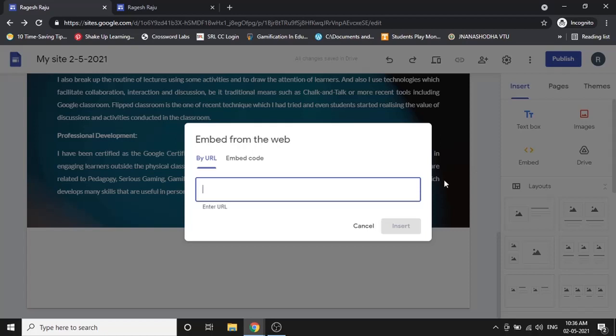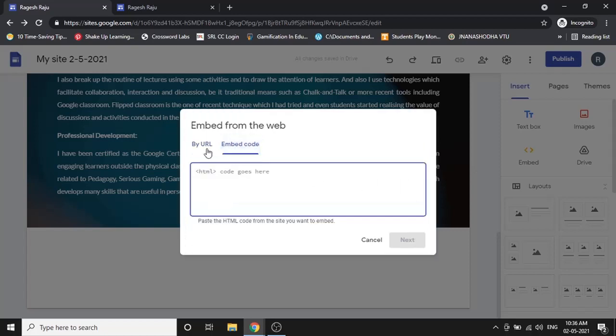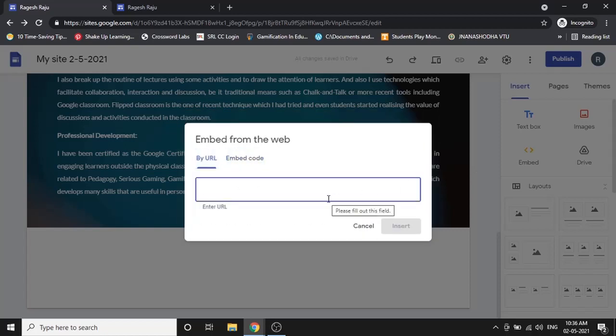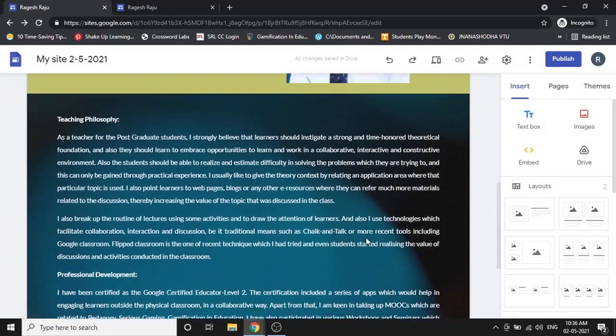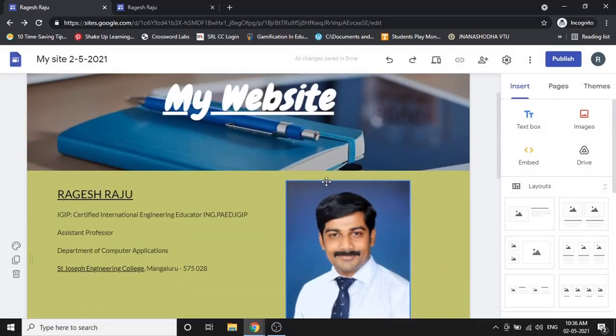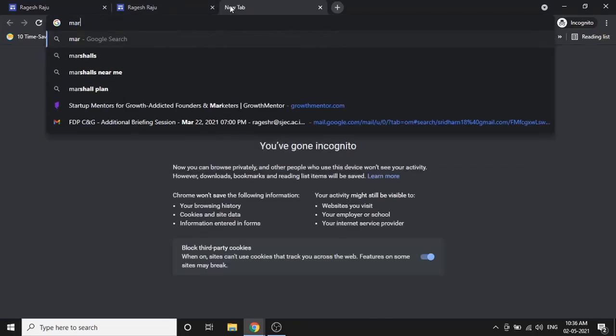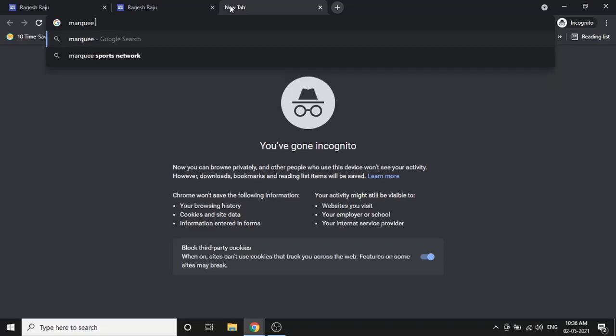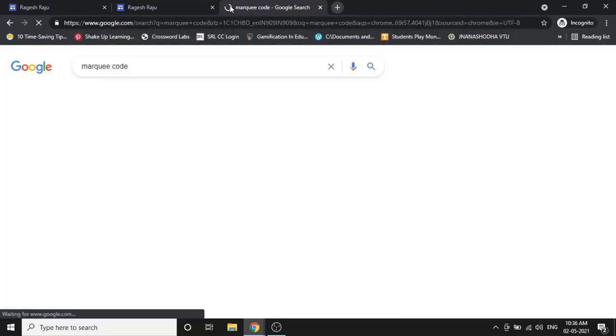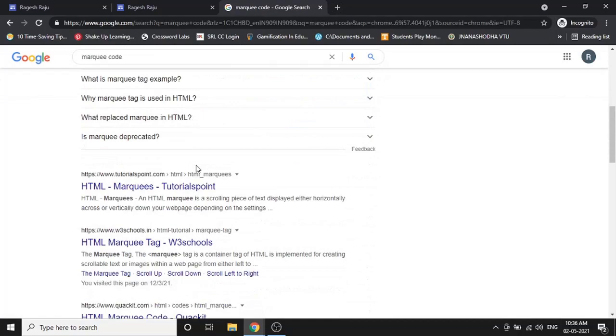When I click on embed, you can embed something by using a URL from a different website, or if you know a little bit of coding, you can use code also. I will just show you how to use a marquee. A marquee is something you see in websites which gets scrolled, right? The scrolling image, these are there. To get a marquee, I just search for HTML marquee code.